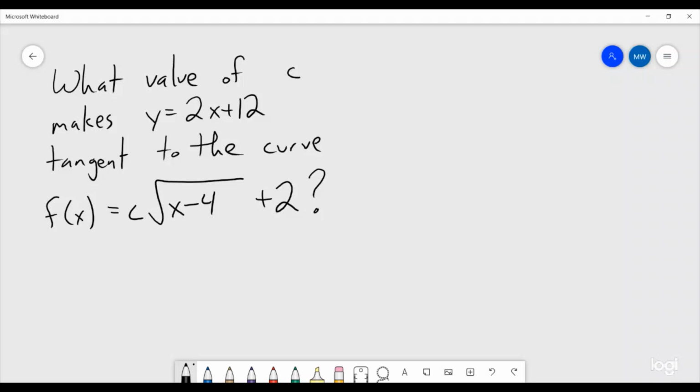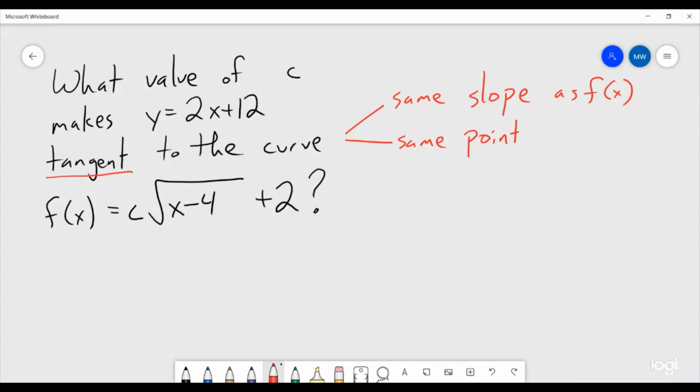Alright, so the key point to remember is that a tangent satisfies two things. It has the same slope as the function, and it has the same point as the function. So it passes the same point and it has the same slope. So that means we can get two different things to help us solve for c. So if we were to try and find the same slope,